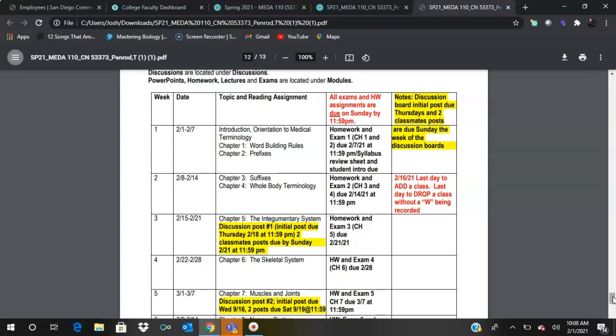The homework is actually pretty short. It's only prefixes. There isn't any homework from chapter 1, it's just chapter 2, and then your introduction and your review sheet. And then there is an exam. Exam number 1 will be due by 11:59 on Sunday. And then we basically just follow through